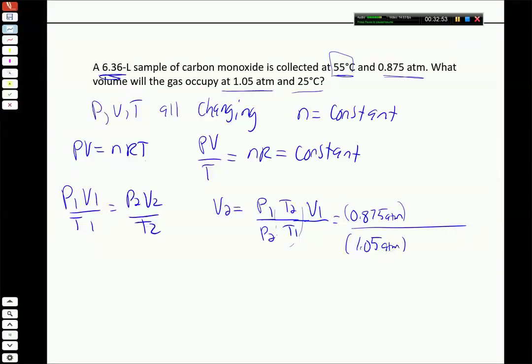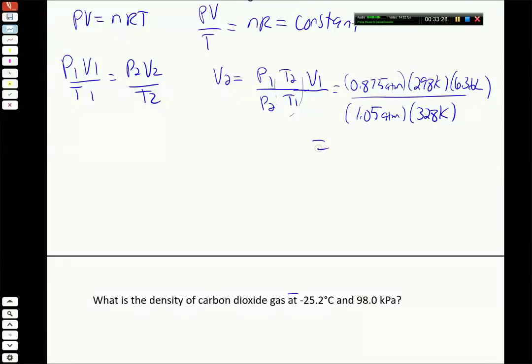So the temperature is initially 55 degrees Celsius. Converting that to Kelvin by adding 273, that's going to be 328 Kelvin. And then the final temperature is 25 Celsius, which is 298 Kelvin, adding 273 to that. So it's going to be T2 over T1, so we're going to put 298 Kelvin over the initial temperature, which is 328. And then the initial volume V1 was 6.36 liters. So that goes up here in the top. So when we multiply all of this out, what we should get is